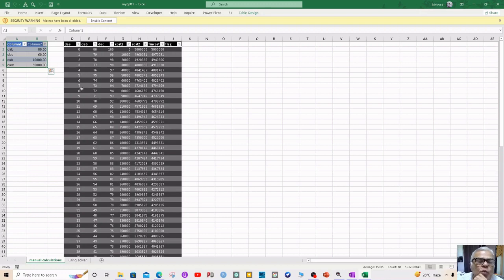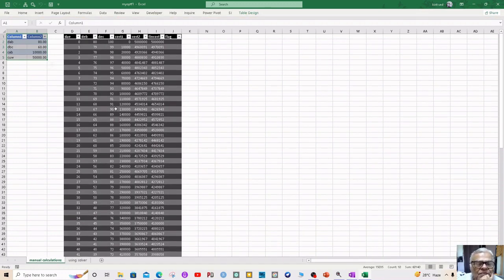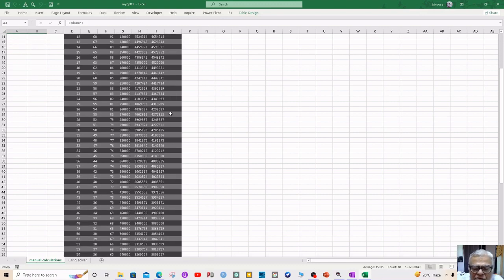Hence, for each value of x, the cost is calculated. Please remember, we are not taking any values in between 15 and 16, 18 and 19. If you go deeper, you will get a more accurate answer. But for this practical purpose, I am confining the values in the step of 1, that is, it is increased by 1. And if I go down, I'll find